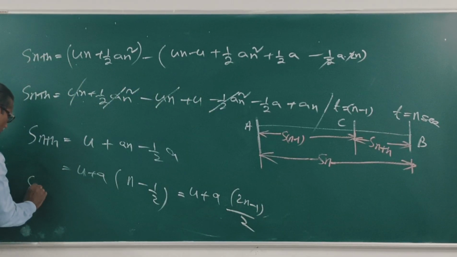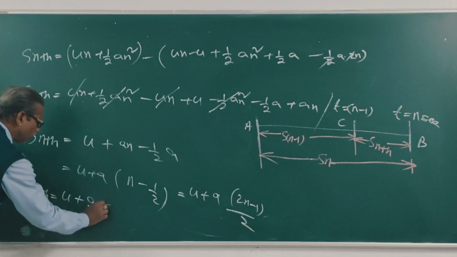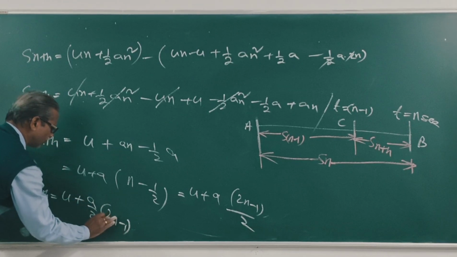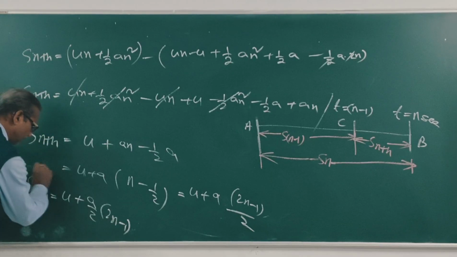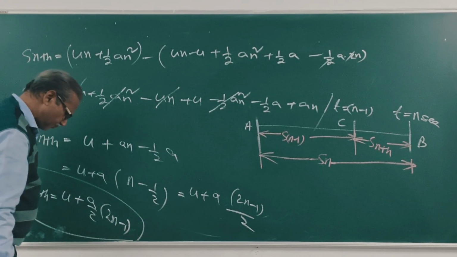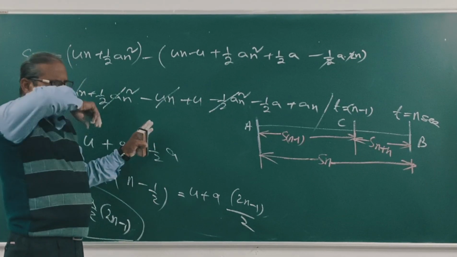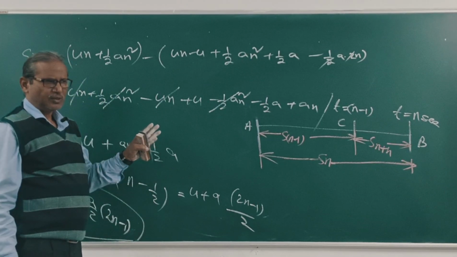What is Sn is equal to u plus a by 2 into 2n minus 1. This is Sn. Right? So this is the equation for straight line motion, the body moving